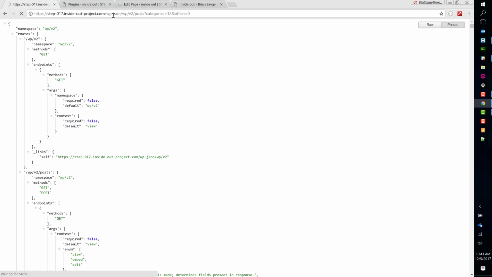And if you look, we're saying, hey, we want a JSON response from WordPress, use version 2, because there are different versions, and what we want is posts. And by the way, we only want the posts that are in category 12, and the offset is how